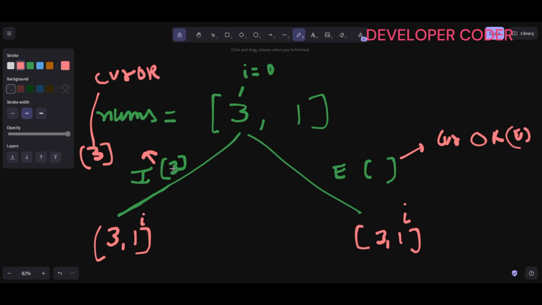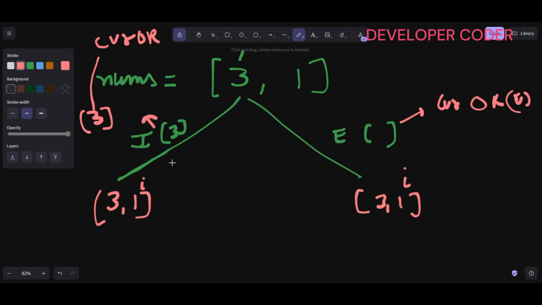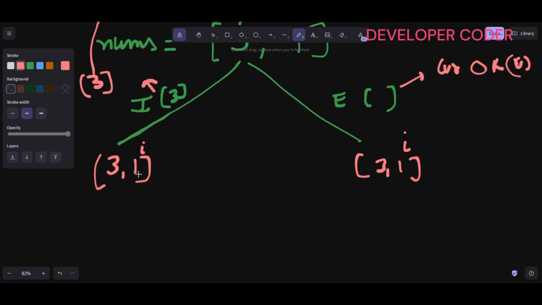Okay, so now what I have to check here, again I have two options. Here I have included this, so my current OR is 3. Then again I have two options, whether I want to include this one. Let me use some other color pencil. So if I want to include this one, here I'm writing I, or if I want to exclude